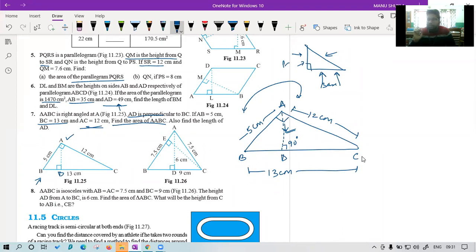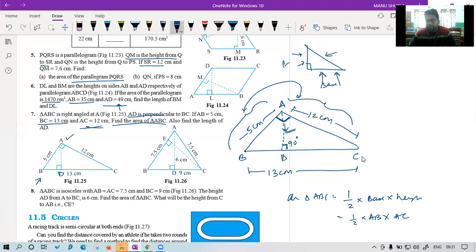Try to understand the trick by the question paper. The question has two perpendiculars. The first perpendicular is on vertex A, the second perpendicular is on D. But right now, what is feasible for us is AB as base and AC as the height. So the area of triangle ABC will be given by half into base into height. For the first case we will take the base as AB and the height as AC. This way we'll get the answer easily.